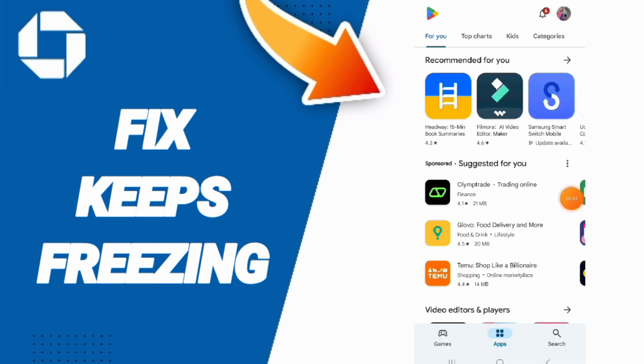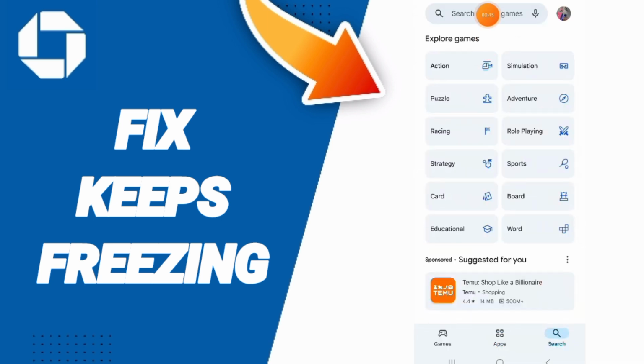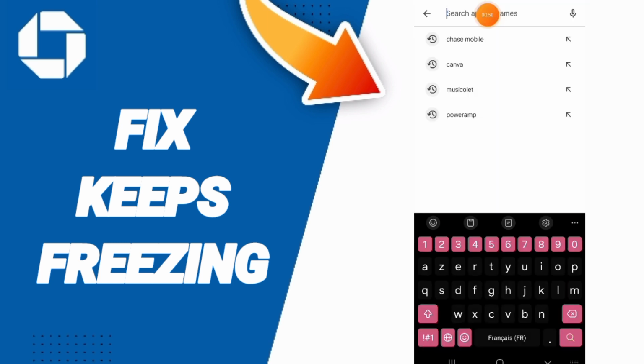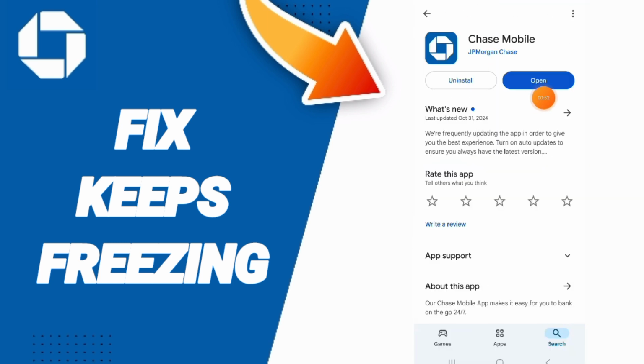Here you will go to Play Store. You will search for the Chase mobile application. Here, if you find updates, then you can click to